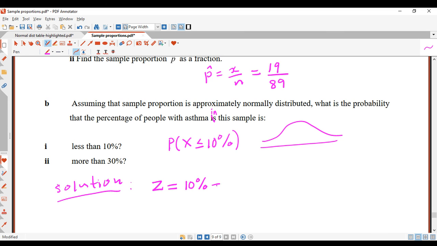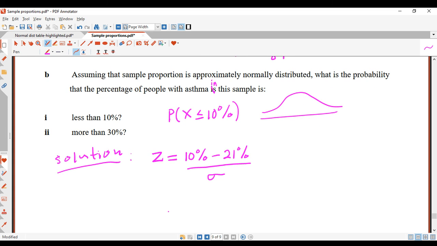10% minus the mean. We'll take the mean as 21%, divided by the standard deviation. Now, what is the standard deviation? Well, we need to work that out. But we already know how to do that because we have a formula for variance. The variance is the standard deviation squared. So the variance of P hat